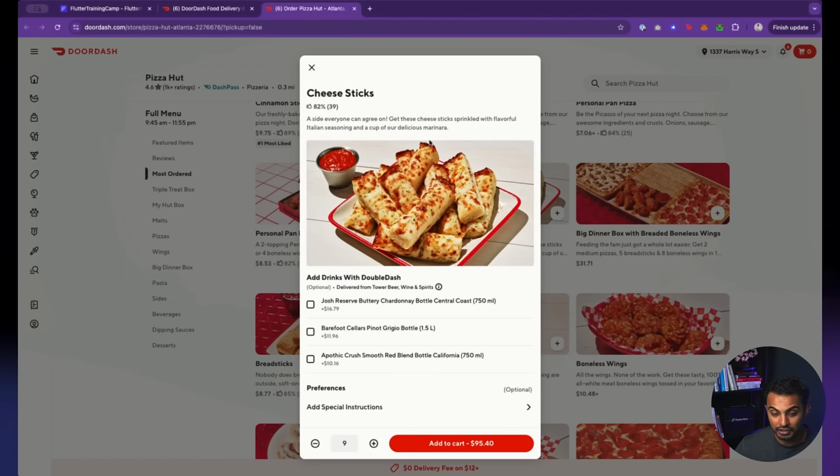And as I interact with this, I'm actually updating my page state to reflect the total price. So the price of this is probably something like $10.60. Every time I click on this plus sign, it's actually updating my page state, or the state of this pop-up, to reflect the price here. So state is what makes apps come to life.